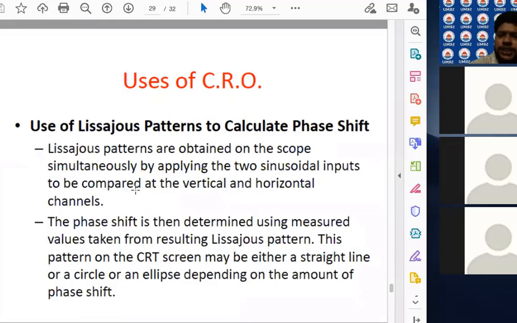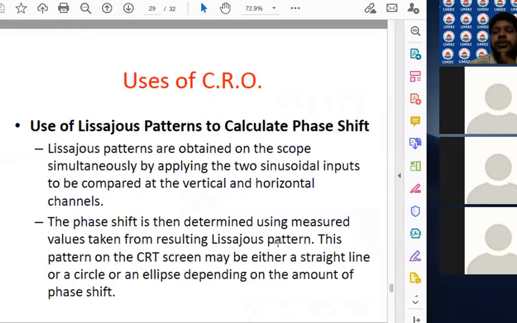So we have already said this, but it is more clarifying कि अगर हम दो sinusoidal waves, sinusoidal inputs दिए तो Lissajous figure हमको इसके ऊपर मिलेंगे और इनको हम लोग यहाँ पे vertical and horizontal channel पे कंपेयर कर सकते हैं. The phase shift is then determined using measured value taken from resulting Lissajous pattern. जो Lissajous pattern बनेगा उससे हम लोग phase shift determine कर सकते हैं. We will go through Lissajous figure कैसे करते हैं ये सब हम लोग करने वाले हैं, कोई परेशान होने वाली बात नहीं, but we are just